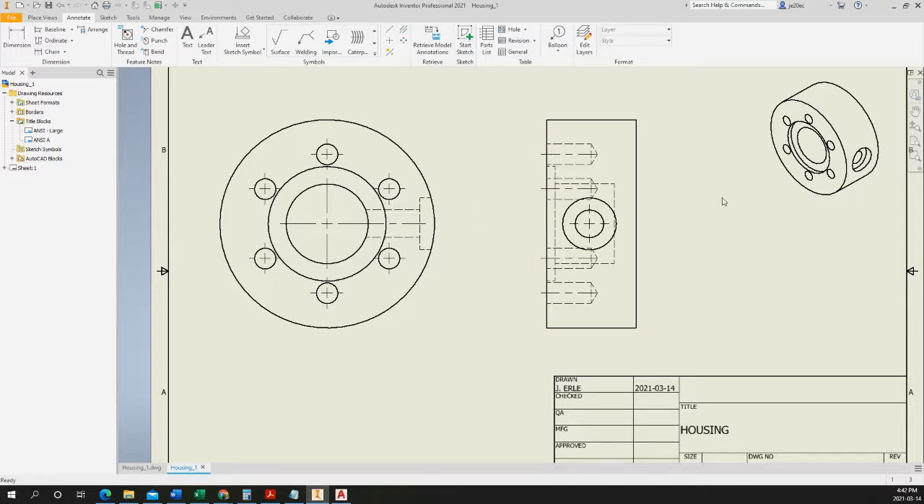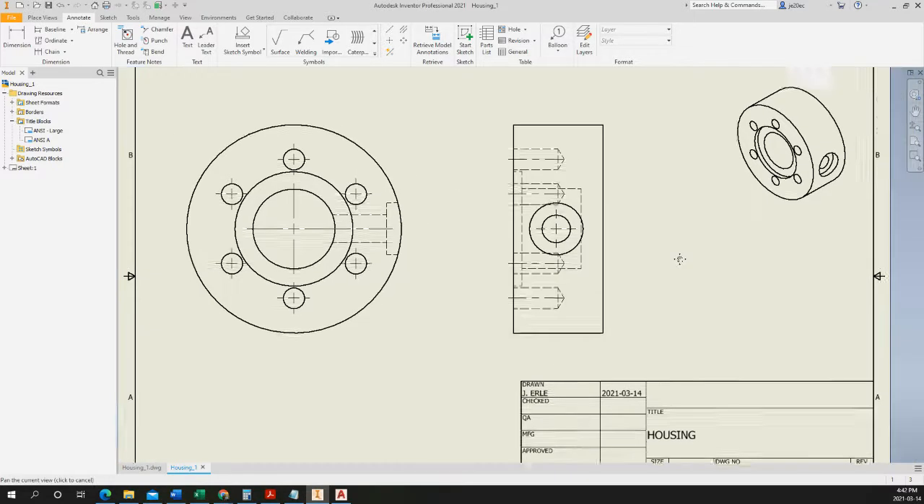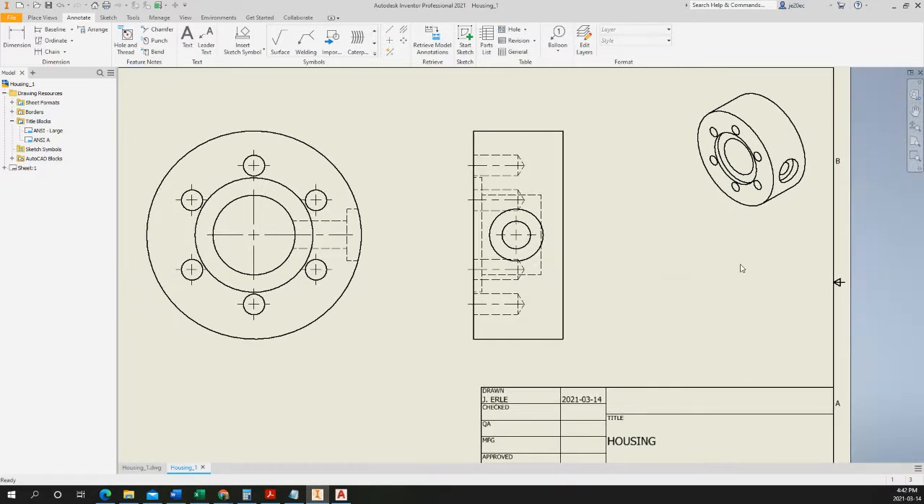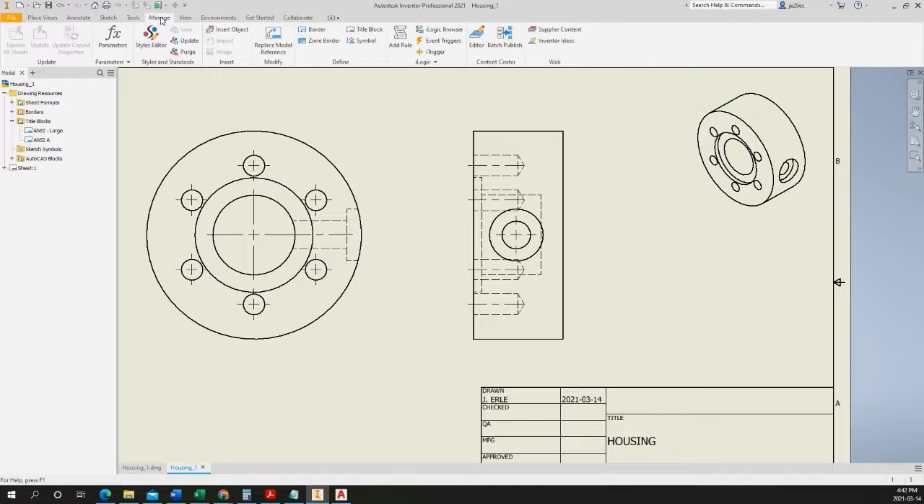And there we go. So center marks are applied. Now we're ready for dimensions. And just before I get to dimensions, I want to show you how you can change the dimension style. If you come over to the Manage toolbar, Styles Editor